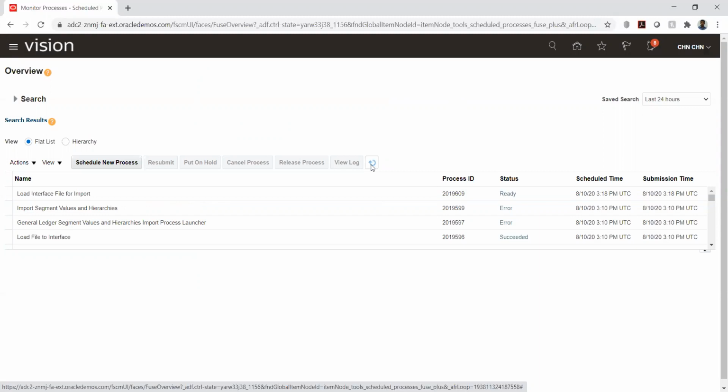So it is all because of this data issue. The first time when we were loading, there was a value which is marked with both the summary and the posting. If it is a parent, we will not allow posting, but while loading the data, we allowed the posting as well. So that is the problem. And the next time it was a value set issue, that is case sensitive.